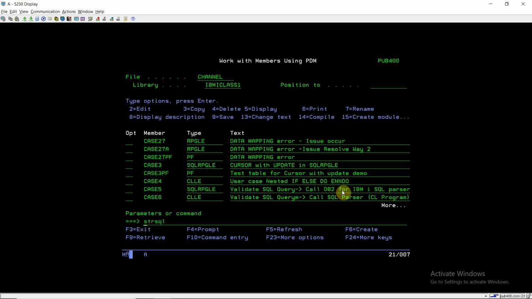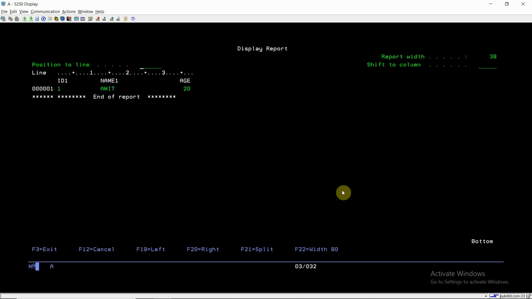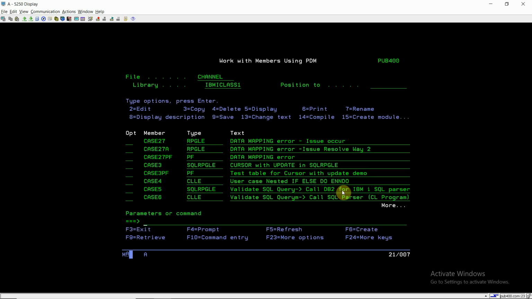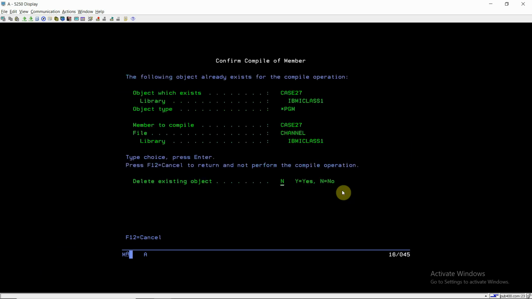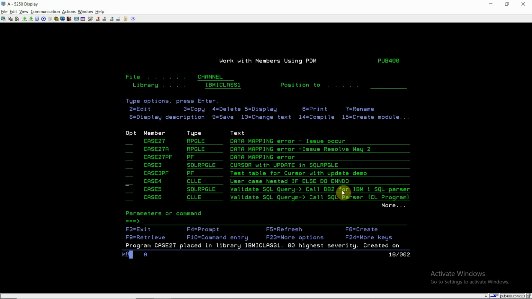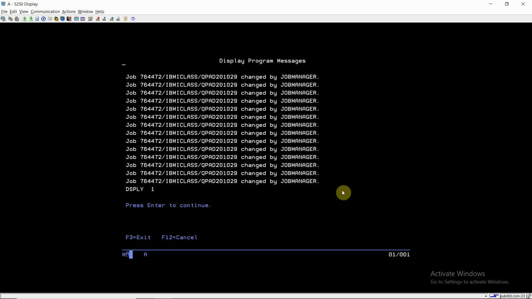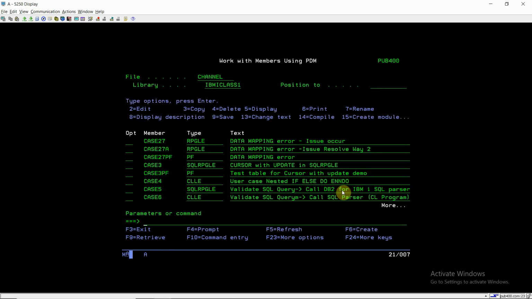If I do run query again, I can see only one record and there is no null value for this field right now. So I compile this program and call this program, CALL CASE27. I'm getting my output, displaying the values of fields ID, name and age.